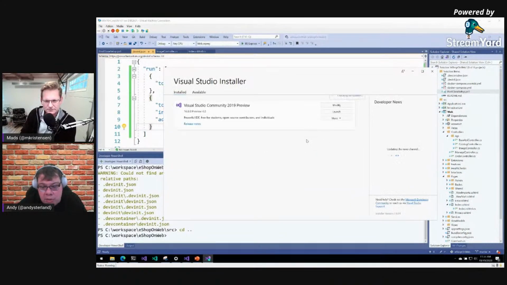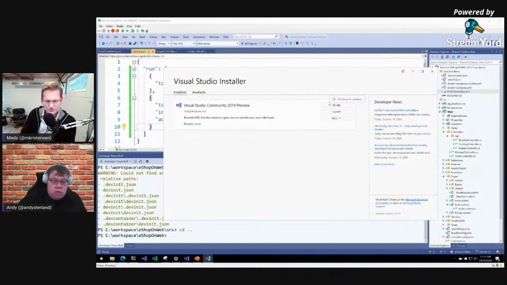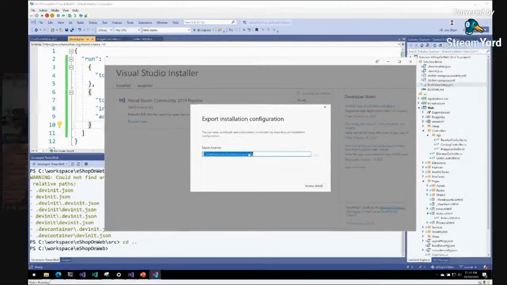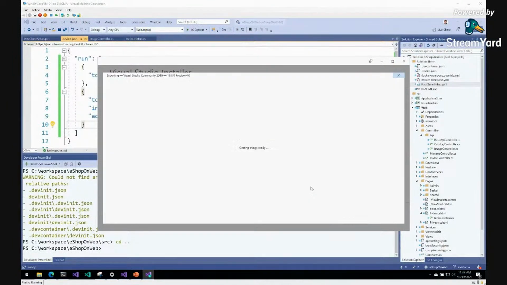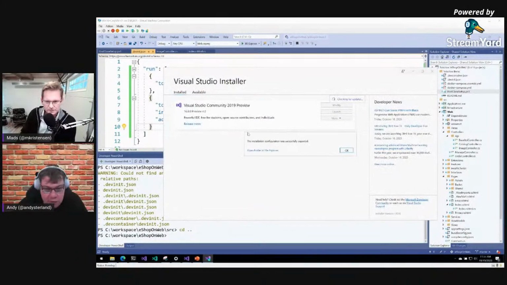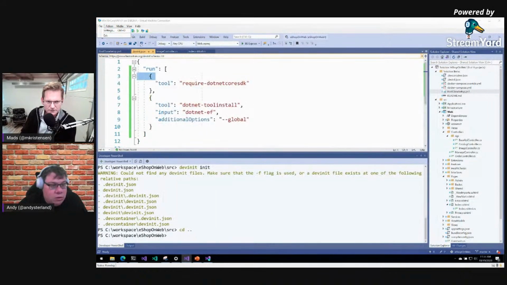this is all about if you've got Visual Studio and you're happy with it and it works for your application, one thing you can do is export a configuration file. And this config file, let's just copy that. And it's called .vsconfig? It is, and you'll see it in some repositories. And if I just put it here for now and then open the file, what it does is it takes